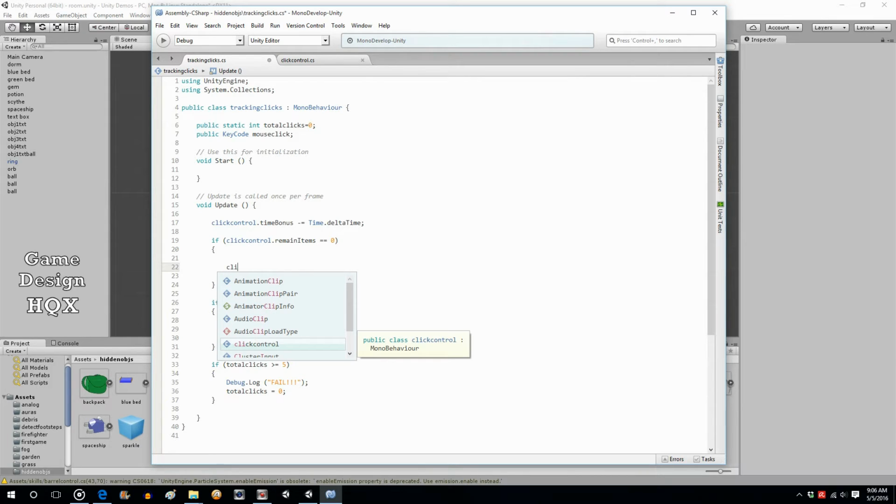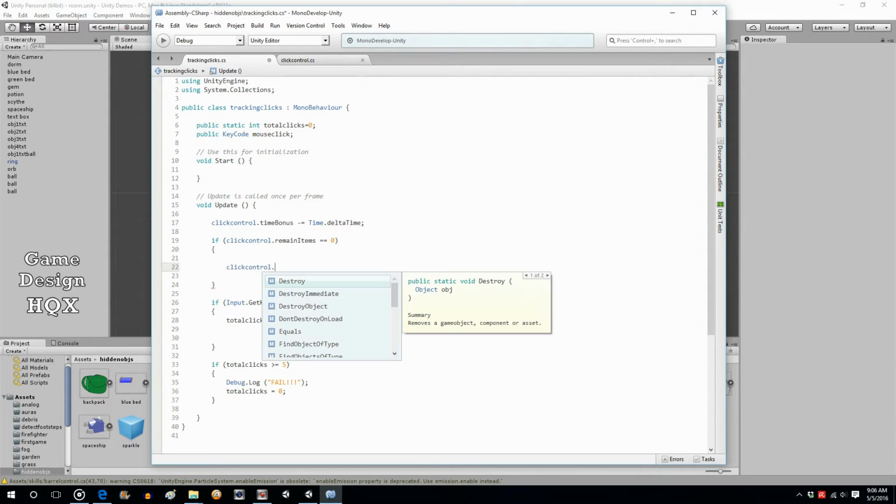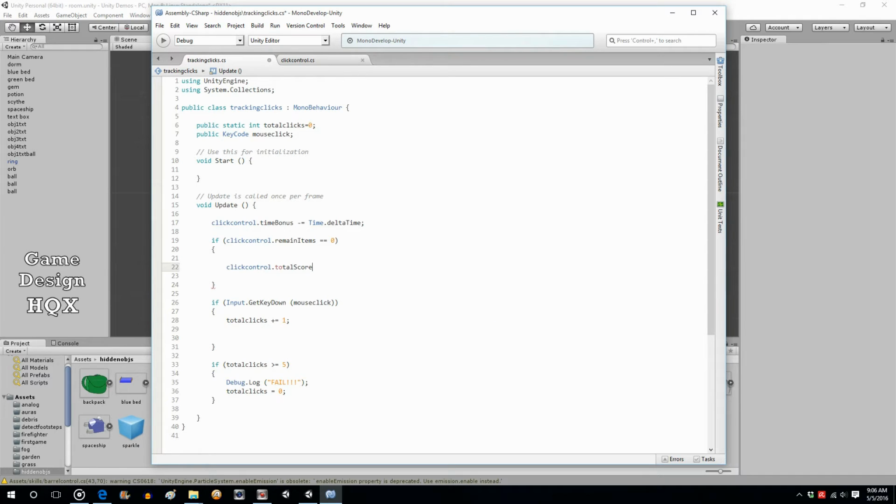So click control dot total score plus equals, let's give them 10 points per object, and we said there's 7, so 70. No math for that variable. We'll just put it as a constant 70 plus another parenthesis